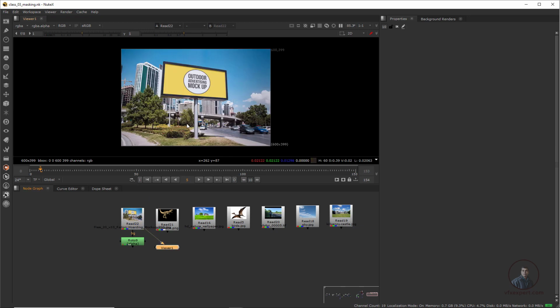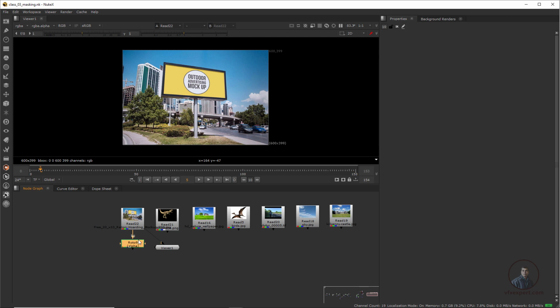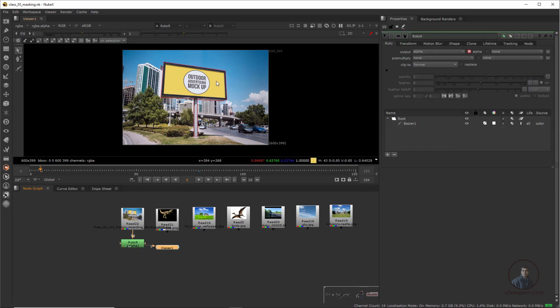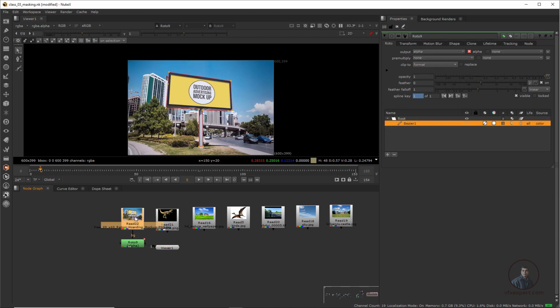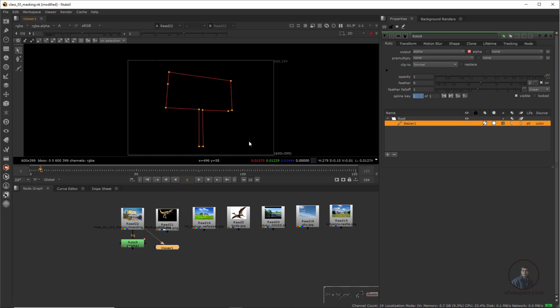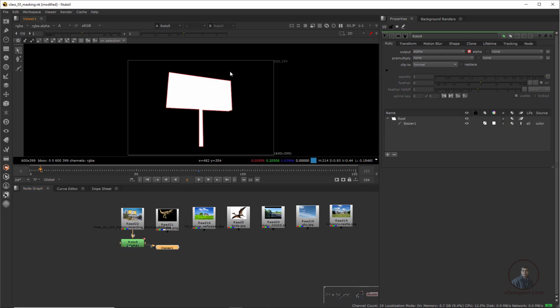So this is our image. Now you can see, I have taken a Roto node. Select this one, double click here and press 1. Here I have created this simple shape. Now if you check inside this, press 1 and press A, there is no matte or alpha channel. Now select this one, press 1. If you see this entire image, here we are getting this matte, meaning this white area will be opaque, or this area you will get, and this area will be transparent. So now how can we use this matte and how can we composite?